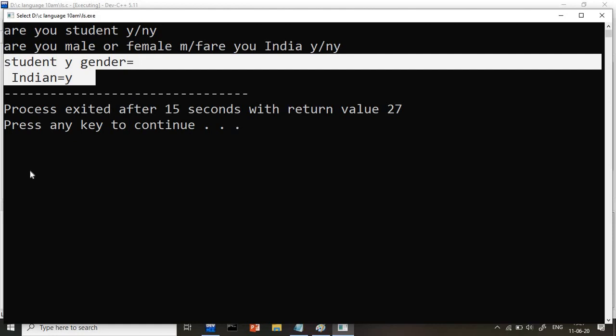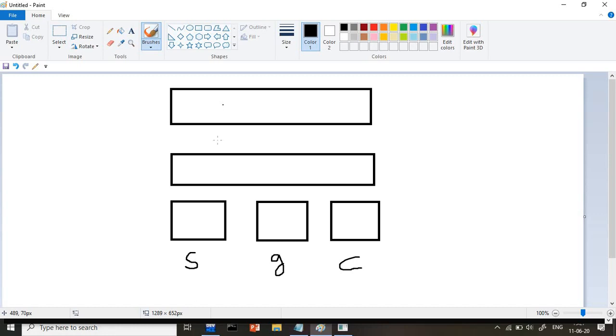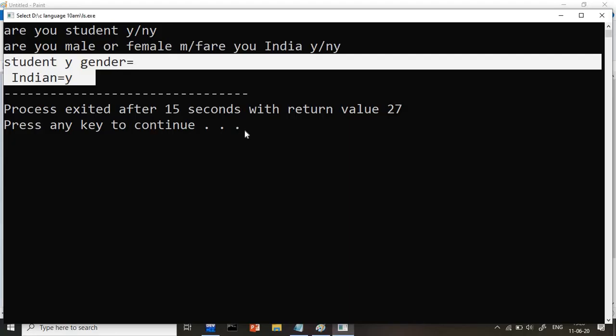Sir, why is it happening? Just now you understand here. When I am entering, it asks me, are you student or not? I am entering yes, nothing but Y. After entering Y, I press enter, nothing but /n. Already you know that /n will go to the buffer. So the Y value will be stored into S. The second time it asks for the second character, are you male or female?